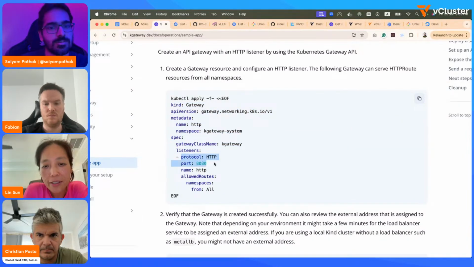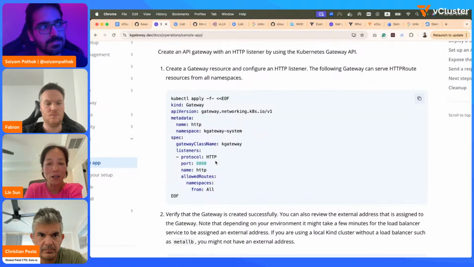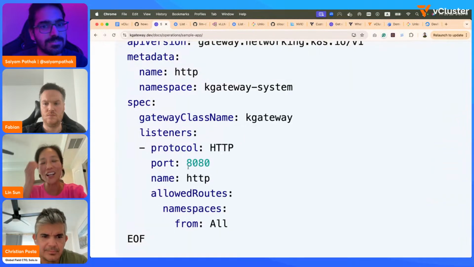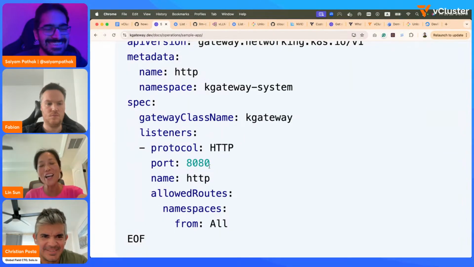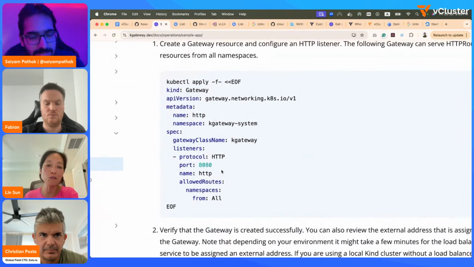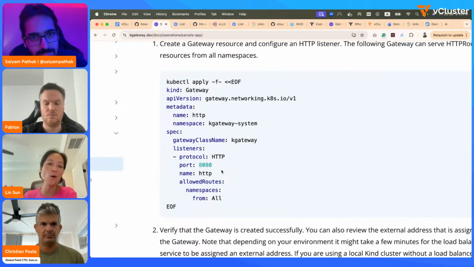In this case, the listener means when the user accesses this gateway proxy, which is going to be stood up by the control plane as a deployment and services, when the traffic reaches port 8080, I'm going to allow HTTP route configuration from all the namespaces to programmatically configure what's next.